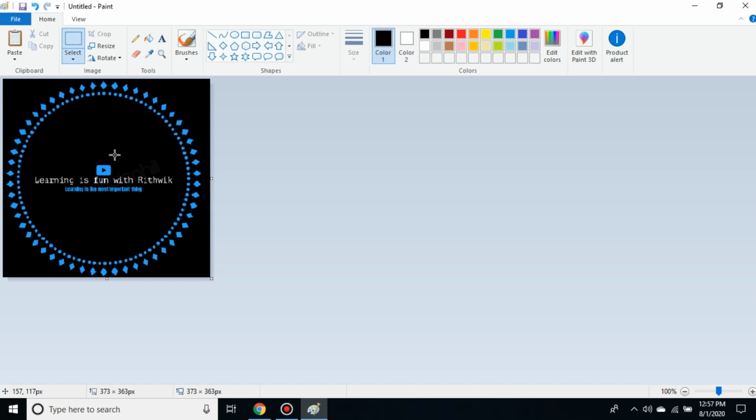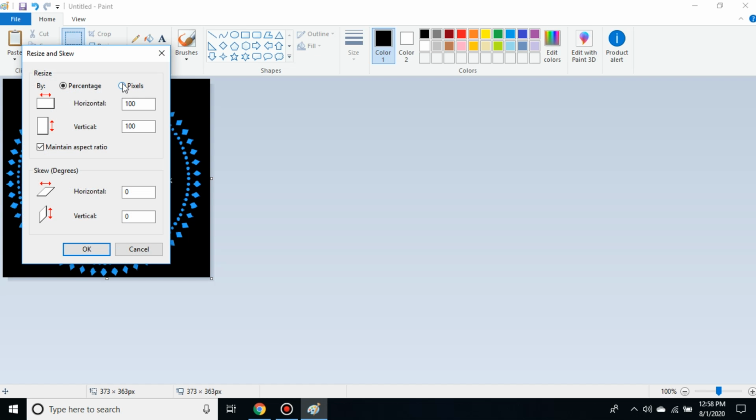After that, when you have done this, if you are doing it for YouTube, it asks you for 150 by 150 like that. So what you have to do now is just click on resize, and in pixels there is one checkbox option, maintain aspect ratio.